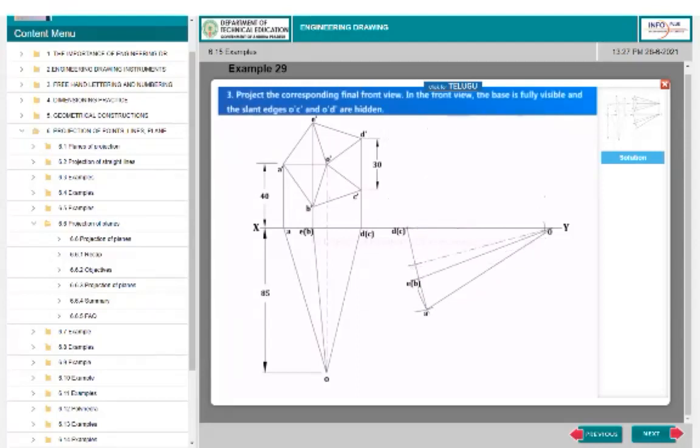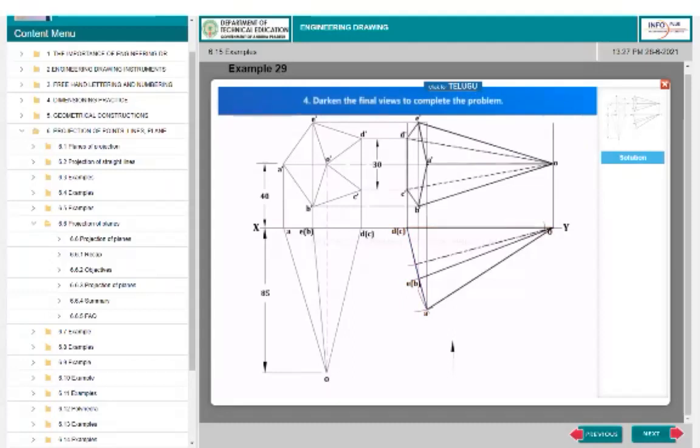Project the corresponding final front view. In the front view, the base is fully visible and the slant edges O' C' and O' D' are hidden. Darken the final views to complete the problem.